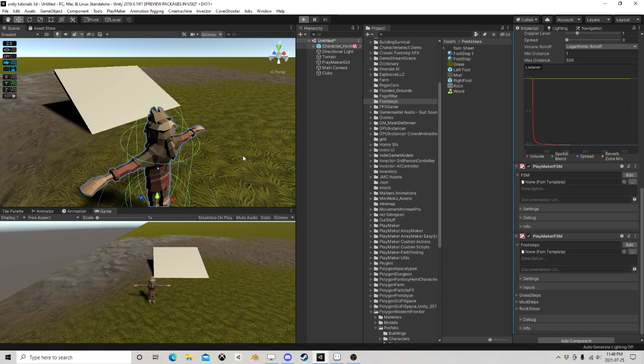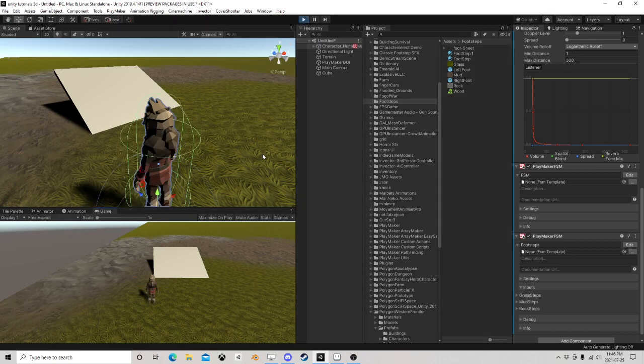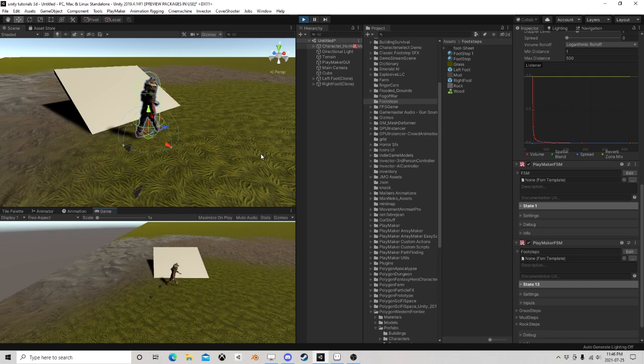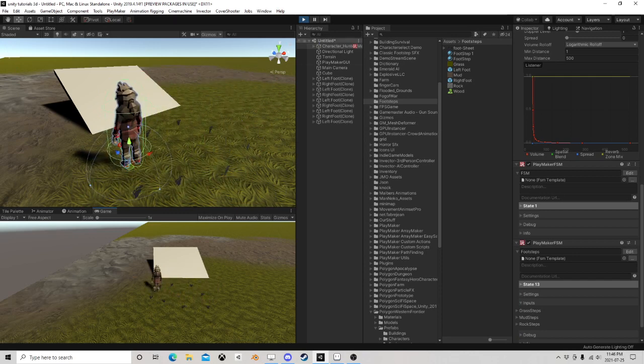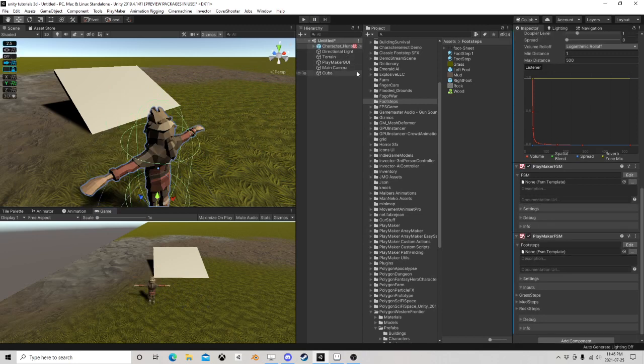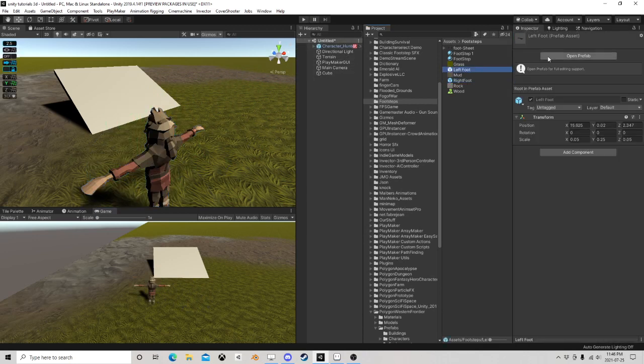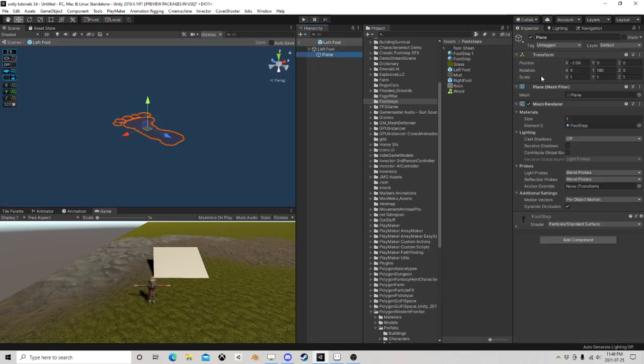Oh, you know what? They are sticking upwards. Ah, okay, so if we did that,